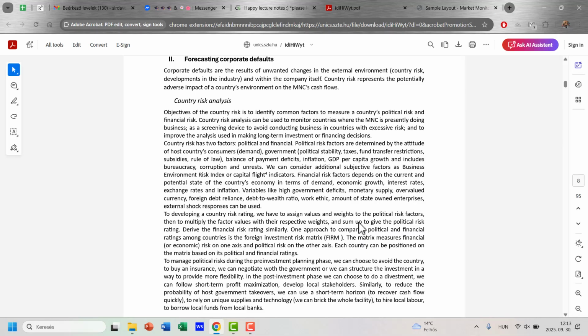Or if political risks are higher, then usually what we should do is try to insulate against political risks. So we can say that this subsidiary should use local funds. Because even if the subsidiary defaults, or if it would be nationalized, or somehow we are kicked out from this market, then it will be their problem to deal with.